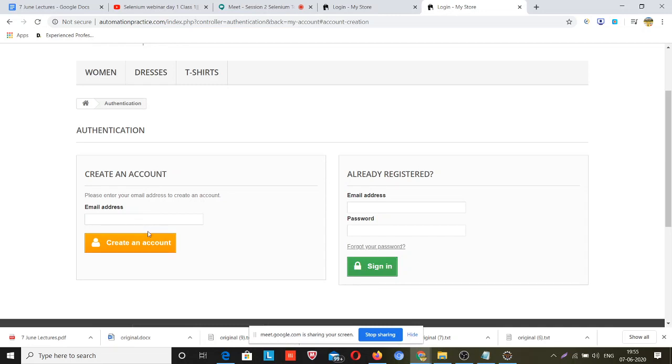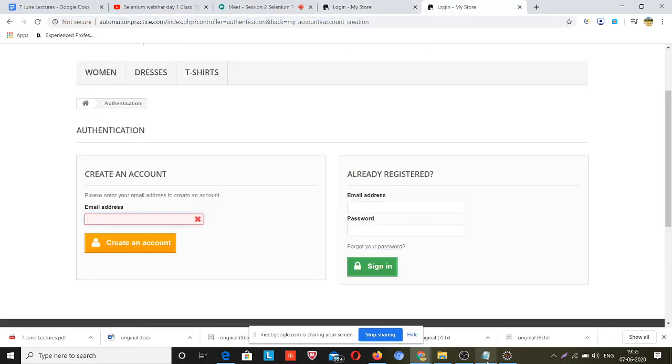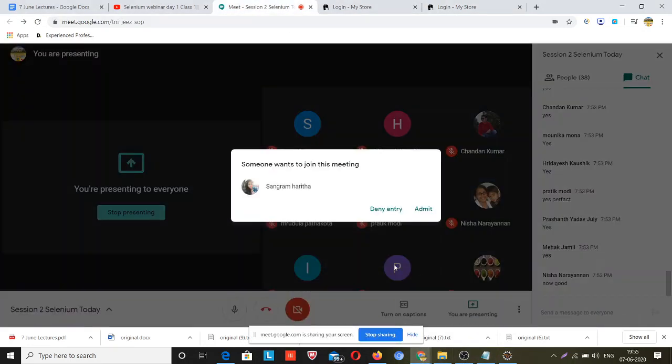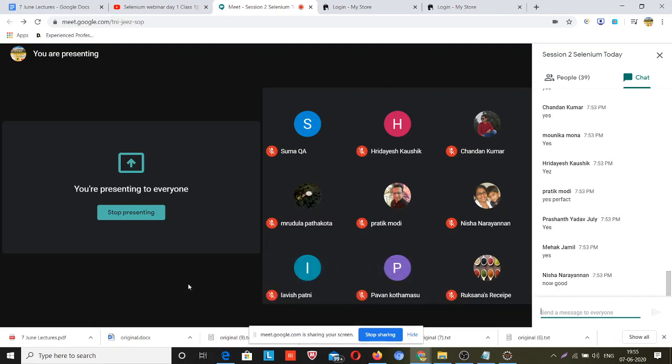It asks me to create an email account, and only then will it allow me to go to this URL. So if you think you can move directly from automation, that will not be possible either. Whatever step by step process you follow manually, you have to write the script following those steps only. If you do different things, you cannot automate.